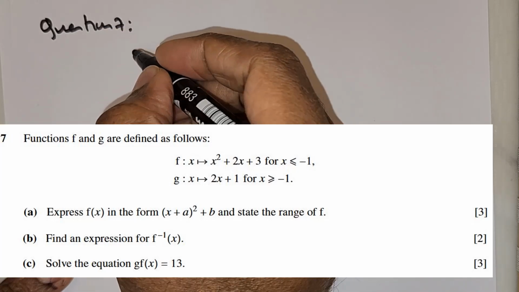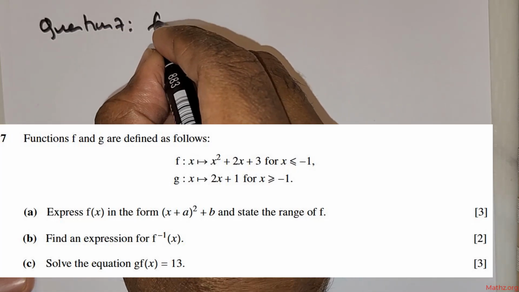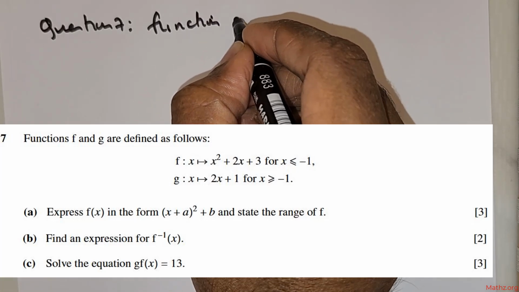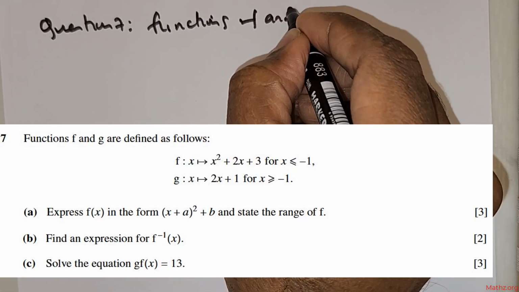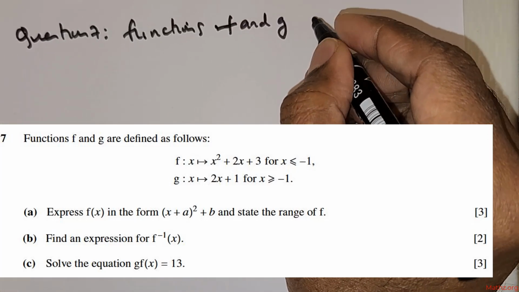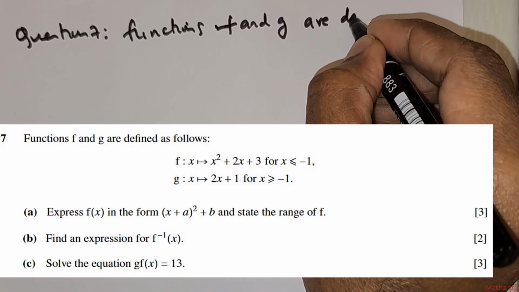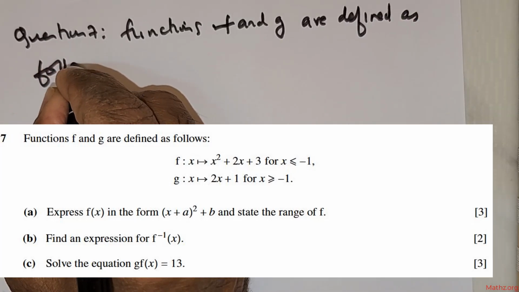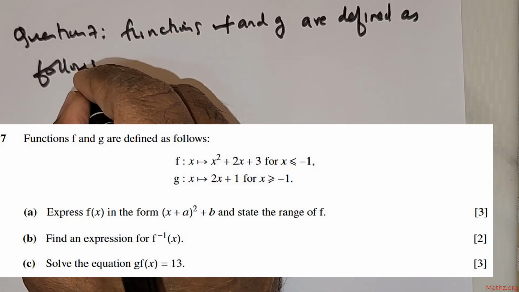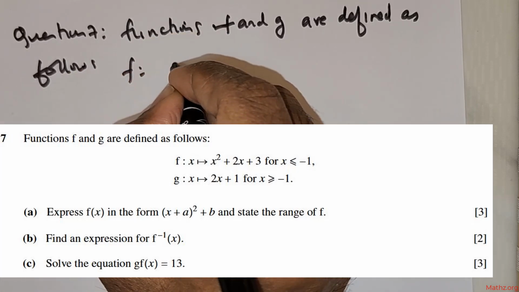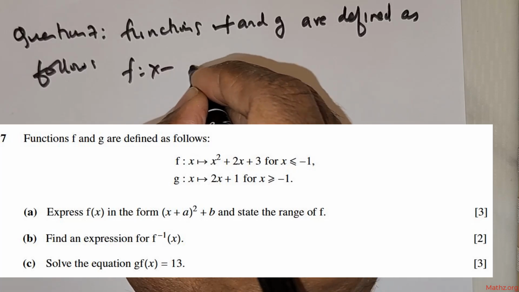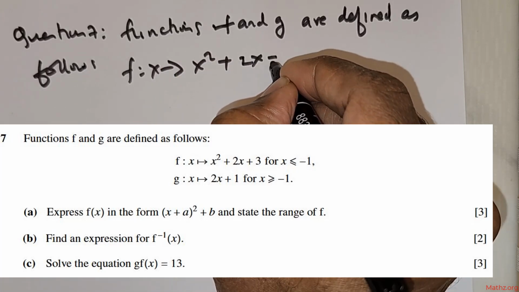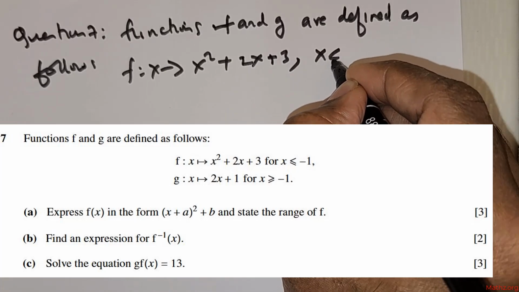Students, this is question number 7. Let me write this down. Functions f and g are defined as follows. Right, so f is heading from x to x squared plus 2x plus 3 for x less than or equal to